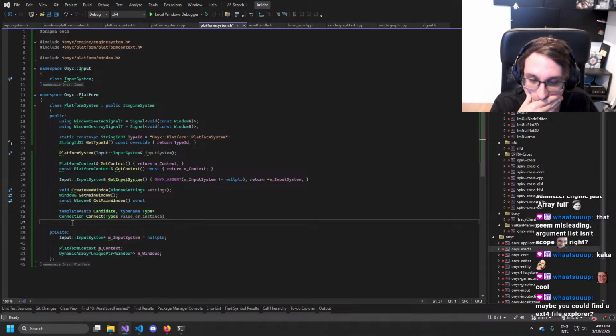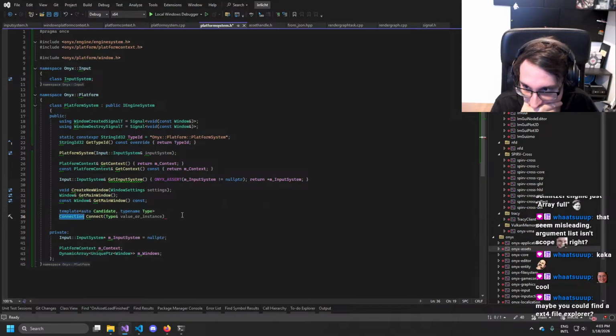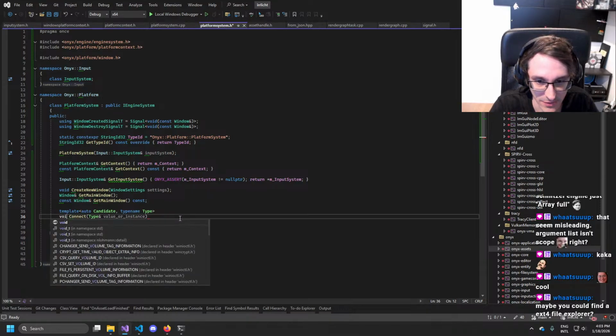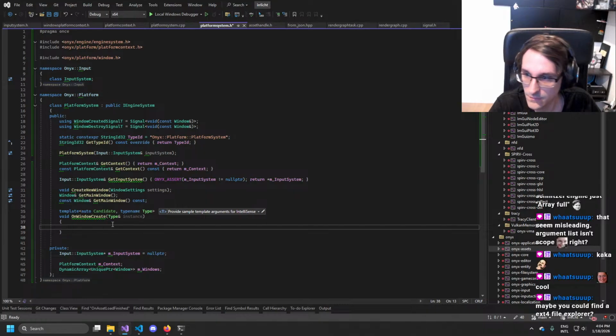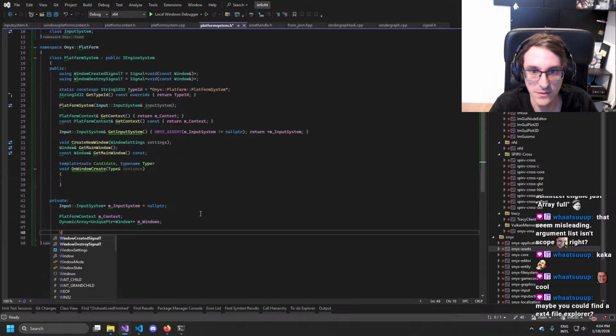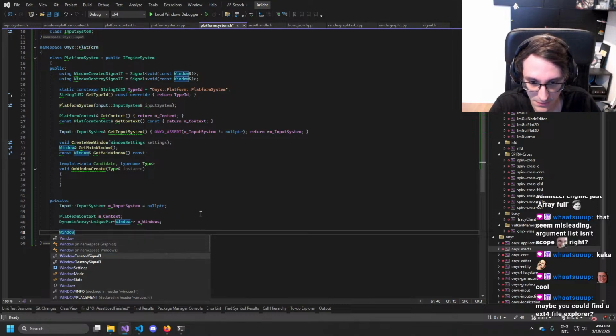Maybe I do that as a helper somehow, although I don't think I can, but whatever. And we get the candidate. Basically, this is window create that signal.